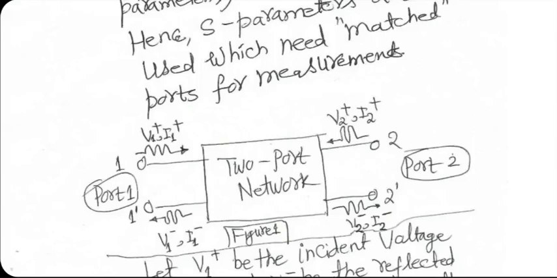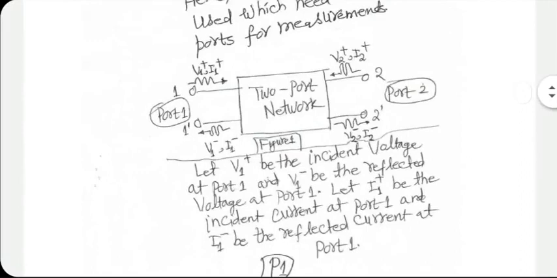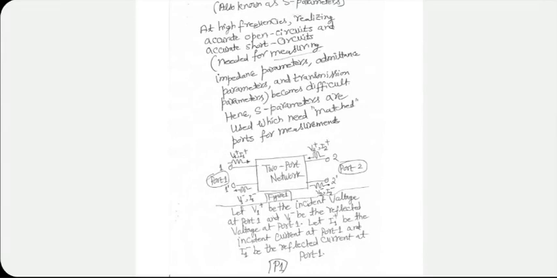Ports are more or less like transmission lines. They have reflections and incident field both. Similarly for currents, the incident current, let me define as I1 plus at the input port and reflected current at the input port as I1 minus. And at the output port, incident current is I2 plus, reflected current is I2 minus. These are nomenclatures that we need to move forward in defining S parameters. Okay.